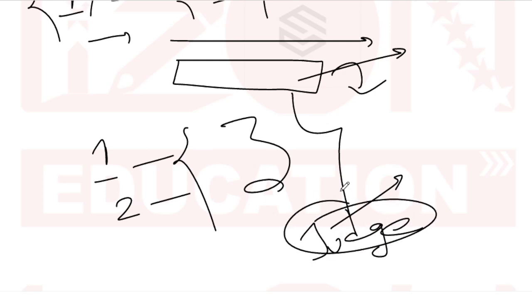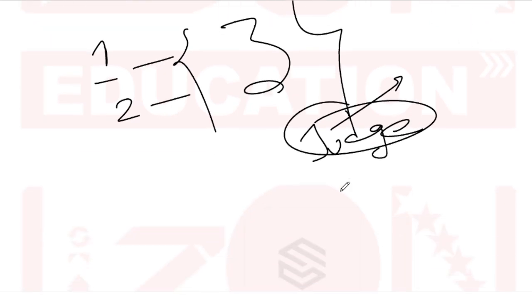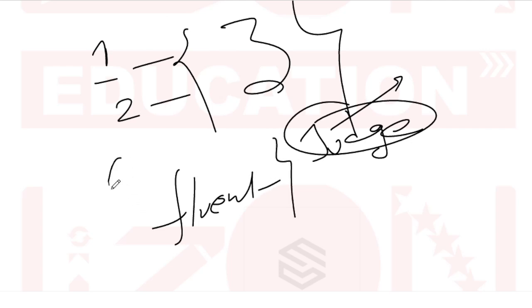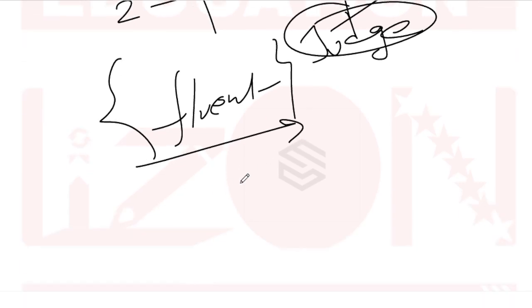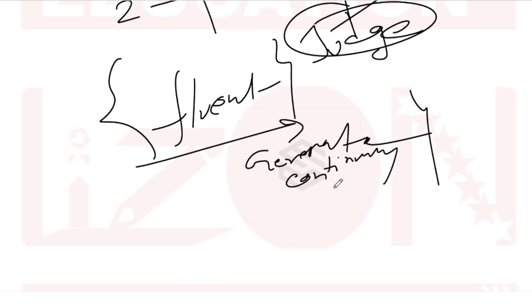So be careful. In Part 2, the teacher will obviously judge you more than in any other part, and you need to be at least fluent. Super important. Be fluent in Part 2. And to be fluent, you need to have the ability to generate ideas continuously. It's super important. Continuously generating ideas.